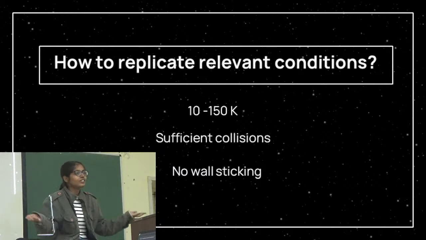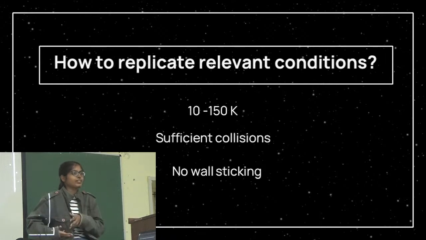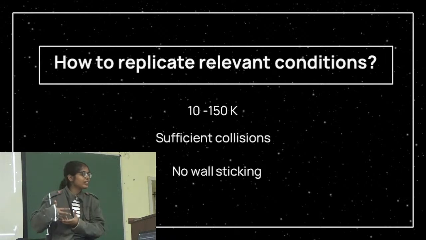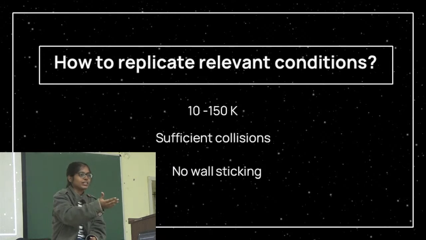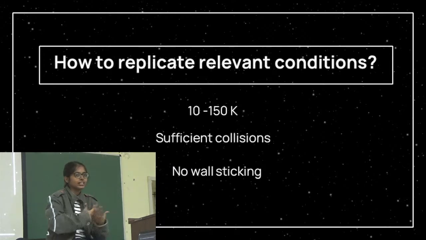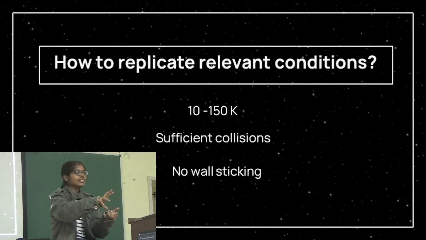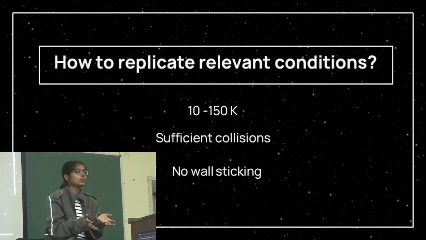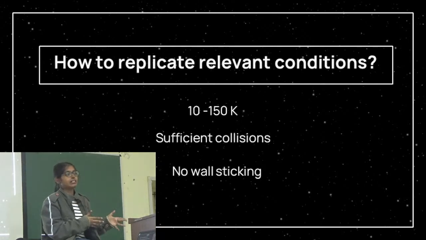I mean, has nobody heard of supersonic expansion? No. You can just expand the gas from high pressure to low pressure. In some orders of pressure, the gas will expand using its own internal energy in a pressure gradient, and the temperature will drop. But if you do it simply from a high pressure chamber to a low pressure one, the temperature will drop suddenly and everything will start sticking to your wall. We can't have that. So that brings us to our first technique.